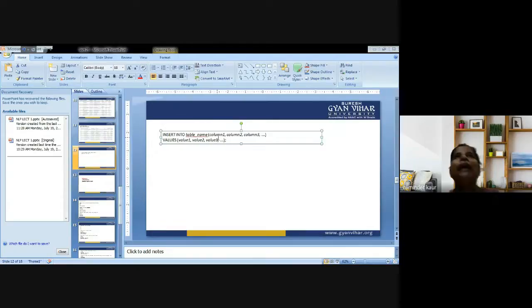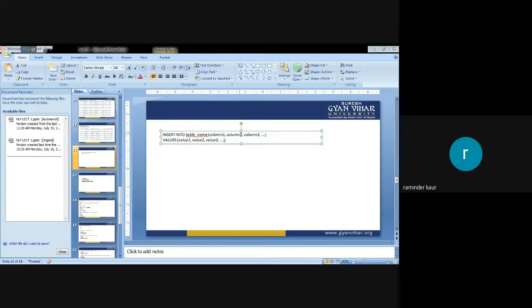Like I have specified the Customers table, and in that table, customer ID is there. I am giving you just the first column representation. Customer ID is having value number 1, or I can say 1, 2, 3, that is uniquely identified. Column 2, let's say it is name, so it is having Ram. Column 3, country, it is Berlin. In that manner, I am supposed to insert values into the particular columns.